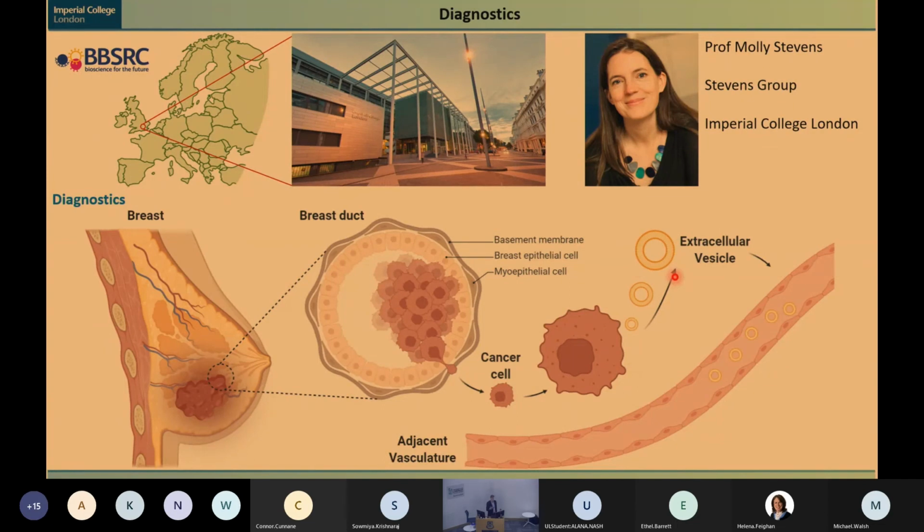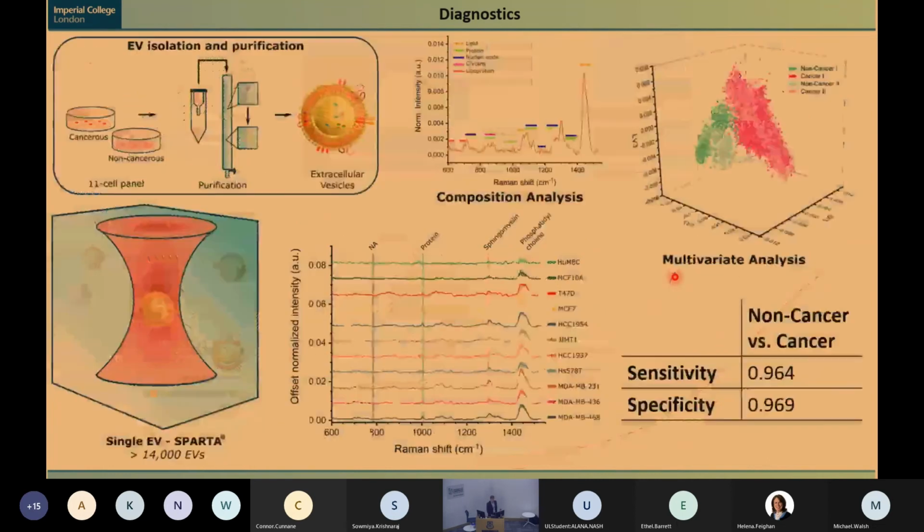But also what they can be used as is diagnostic markers, and that's what we wanted to do. We wanted to investigate, is there significant difference in composition between cancerous and non-cancerous vesicles, and can they be used as diagnostic markers? Now, how do we do this? Well, initially we did it in vitro. We took these cancerous and non-cancerous cell lines, we cultured them, we gathered the media, we purified out the vesicles,